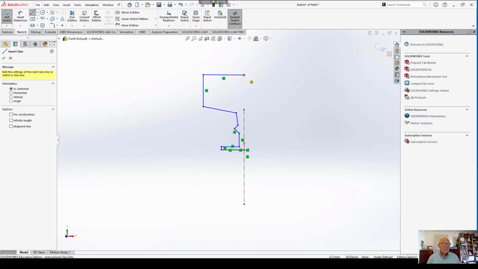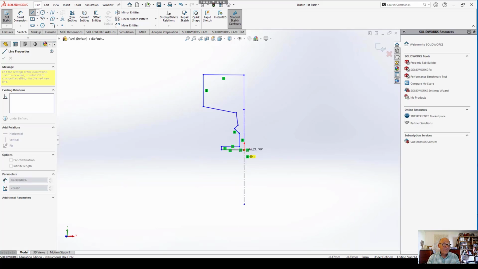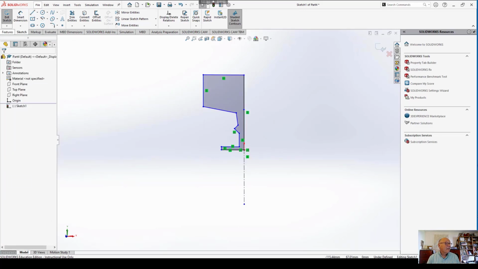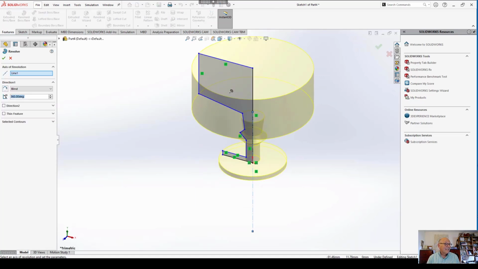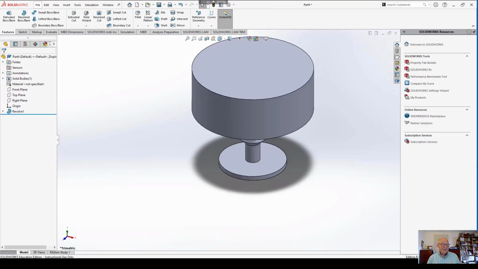So I'm going to close it by going from here to here, and when it's closed it should be shaded in. It is. So now we'll do another one of those revolves. Looks like that. Didn't take very good care. Looks a lot